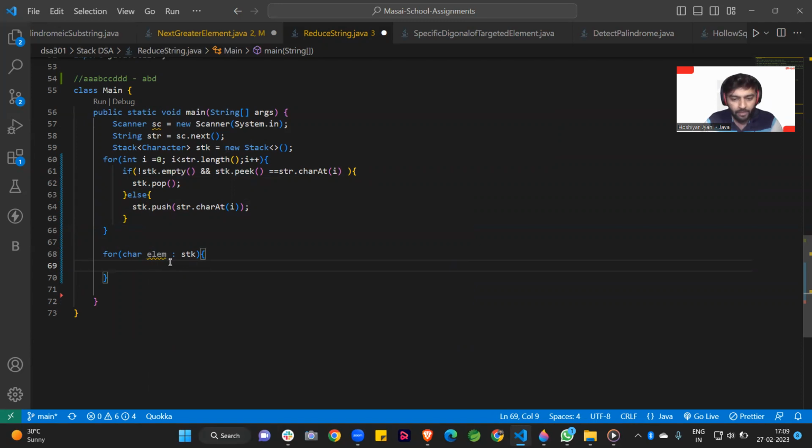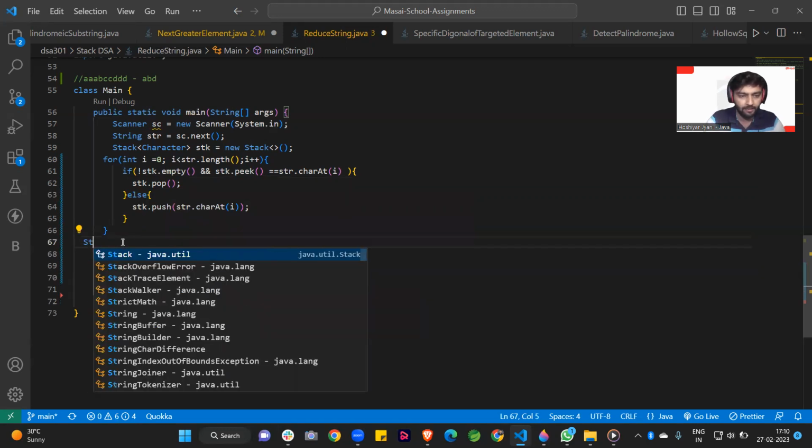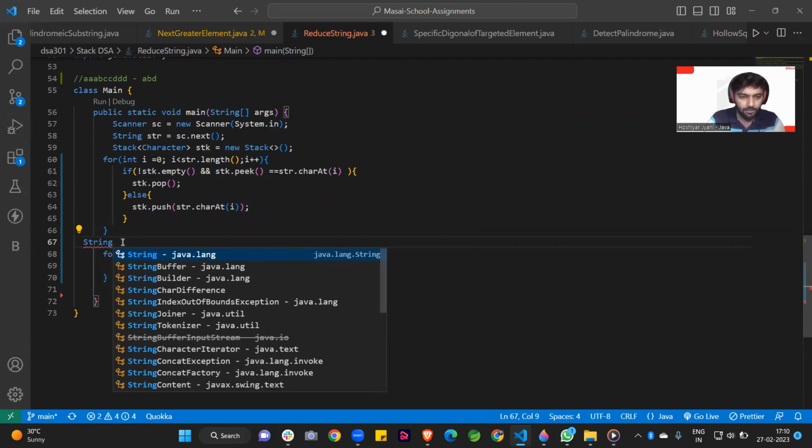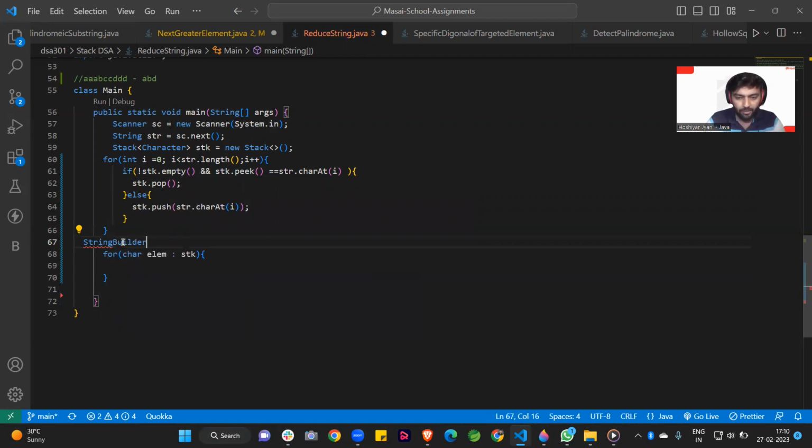So how can we print? For this I am creating a container for storing the value. I am creating a StringBuilder: StringBuilder sb = new StringBuilder(). Our StringBuilder is created for storing the value of our stack.